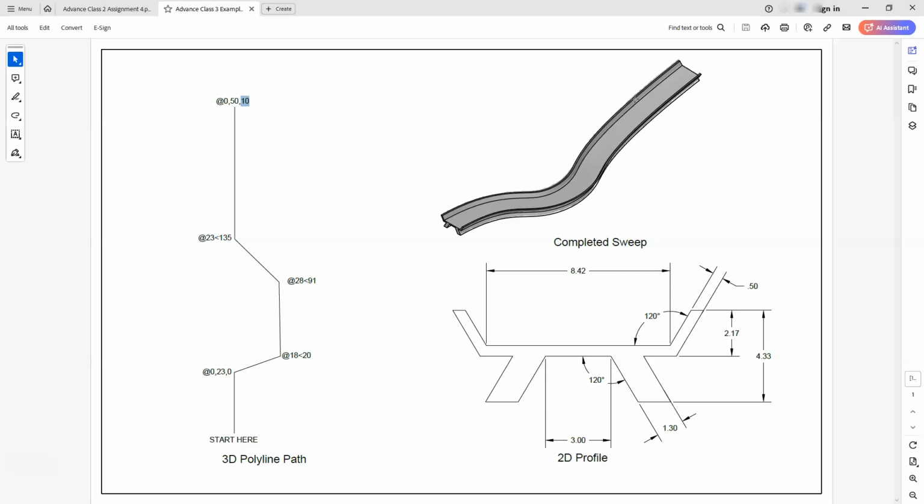So I'm not going to do that in this video, but I will show you where the icon is for that, right? But in this one, we're going to create a 3D path, and this is something that's kind of different if you've never created a 3D path using Inventor. So we're going to take